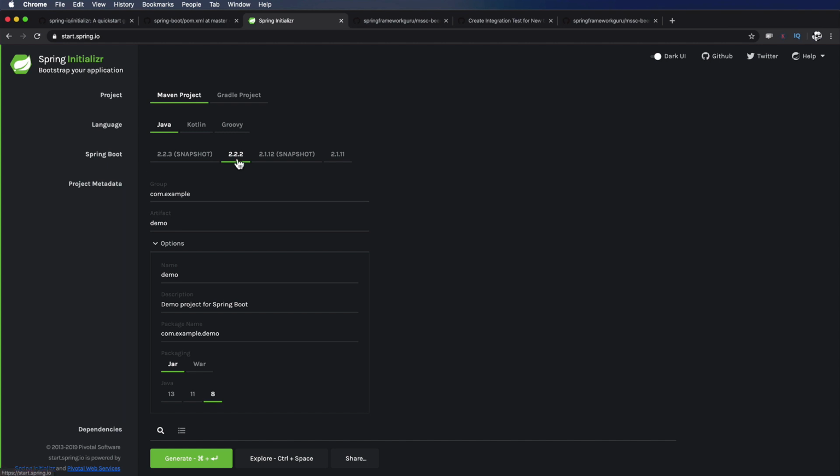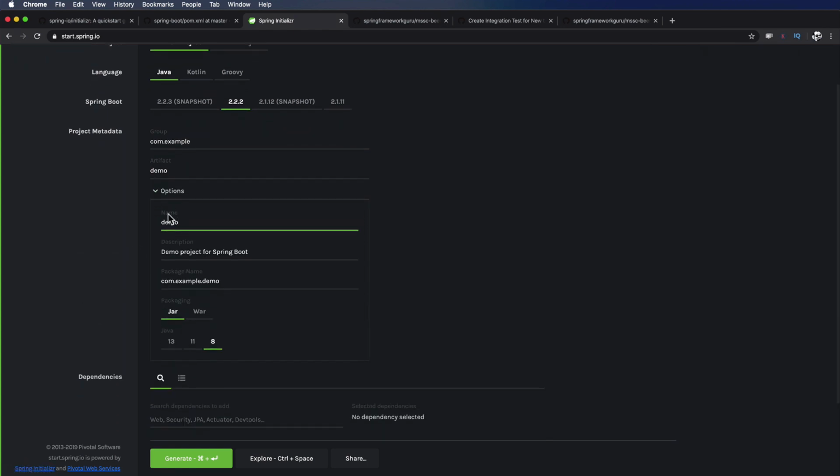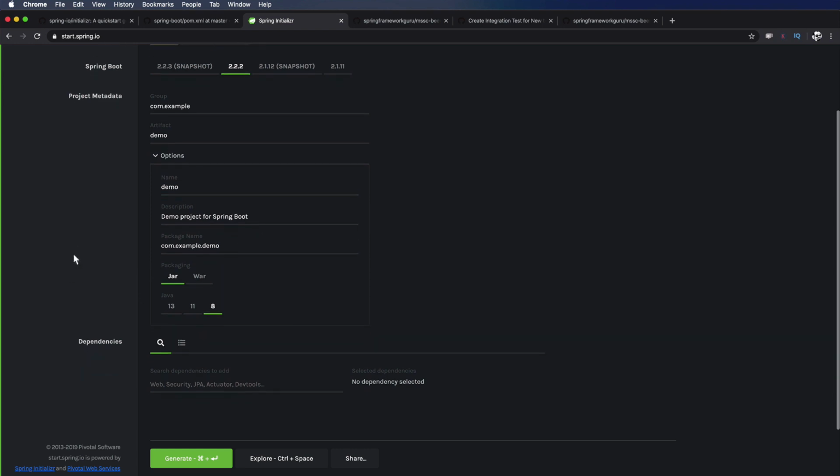I would pick Spring Boot 2.2 or higher. That's what we'll be focusing on as much as possible in the course. And then here you have a section on project metadata. So you have the group, artifact, and then options. I think by default that's going to be collapsed like that. So you can expand that out and set up a name for your project description, default package name, and then